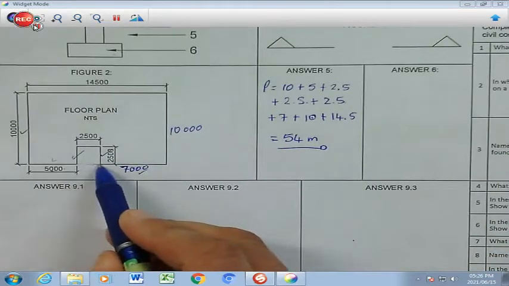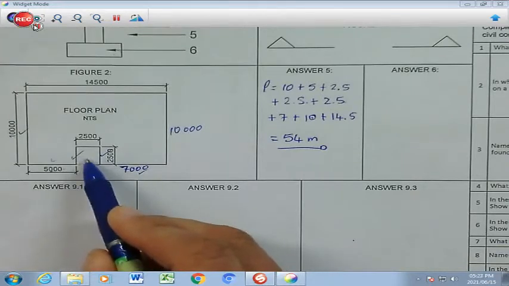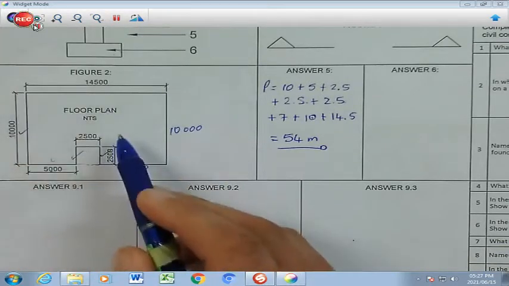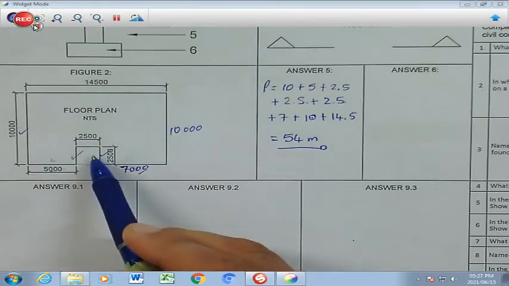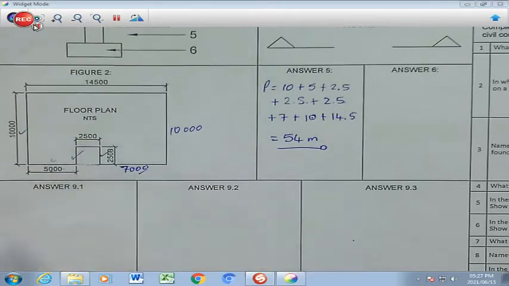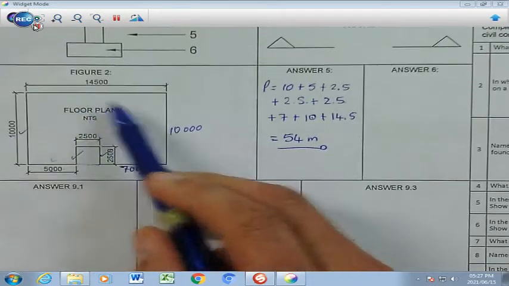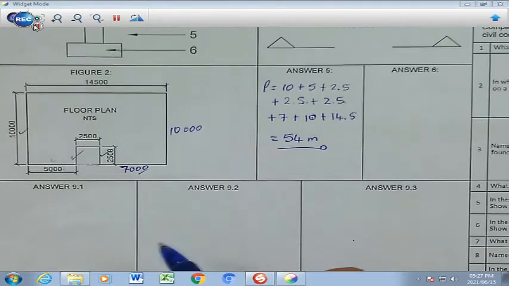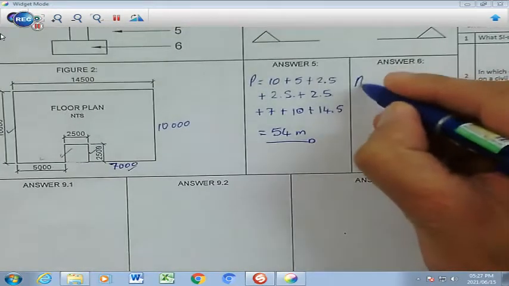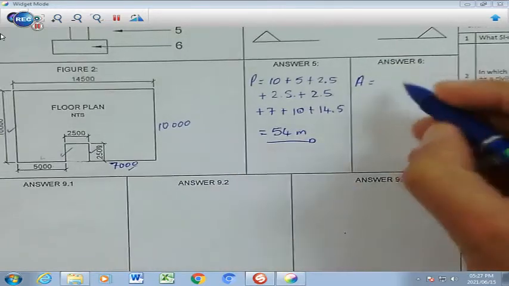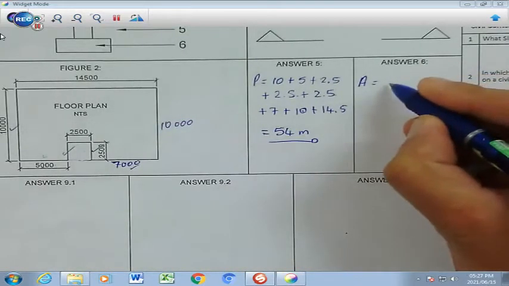So what we're going to do is that we're going to have a small block here and we're going to have a big block here. So we're going to work out the big block and we're going to work out the small block, and we're going to deduct the small block from the big block so that we can have an accurate answer to the area. So let's start by saying area equals, and we're going to take the big block, which is going to be